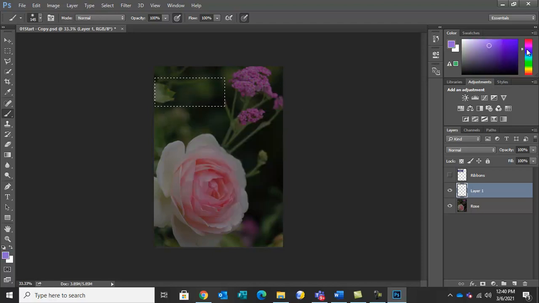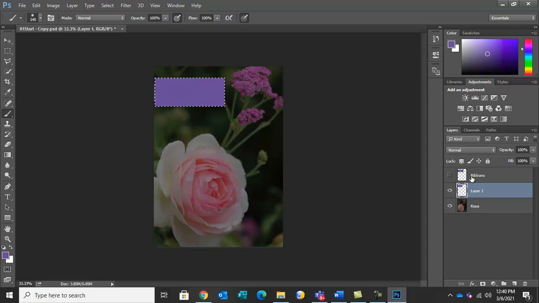Now check the color, go here and light purple color and paint it. See, freely you can paint this surface. So we have painted this rectangular area and it is on layer 1. Okay, a separate layer, separate object, so that we can modify it, we can change it, we can delete it in future.